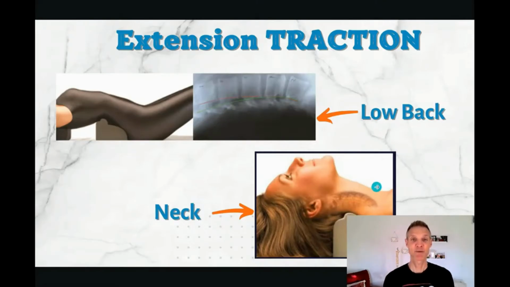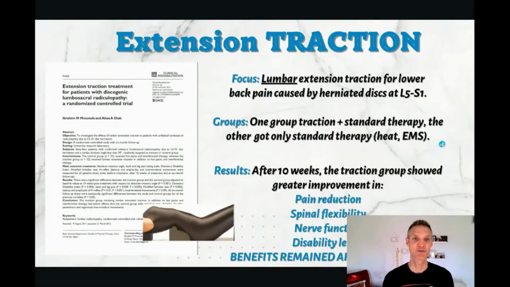These are going to be really interesting. First of all, this one study is extension traction treatment for patients with discogenic lumbosacral radiculopathy. Essentially, the focus was on using a specific type of lumbar extension traction for low back pain caused by herniated discs